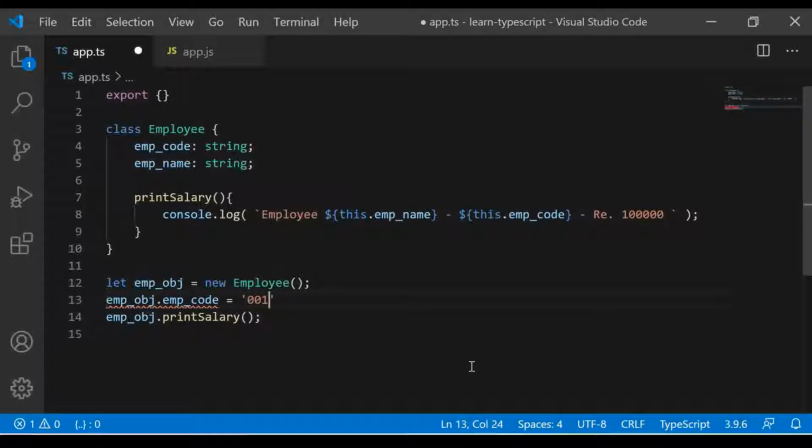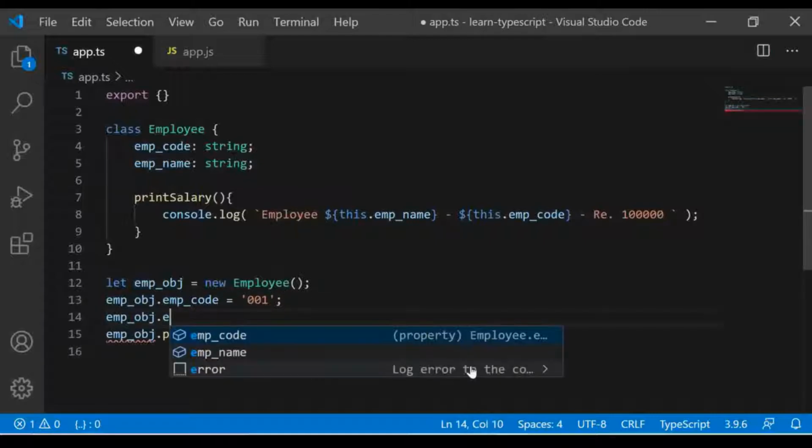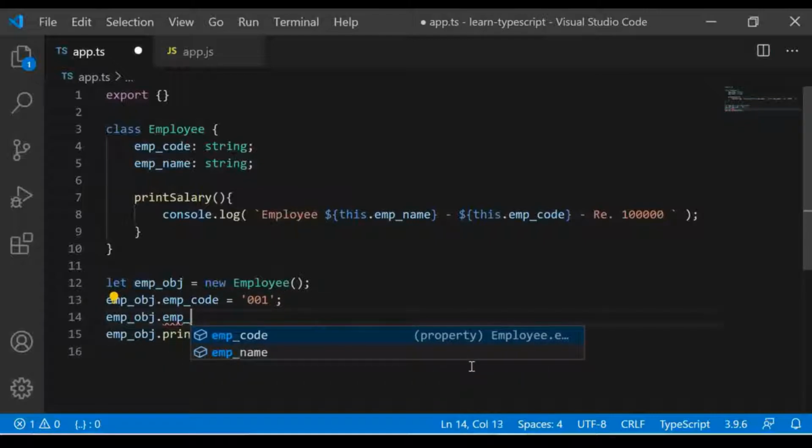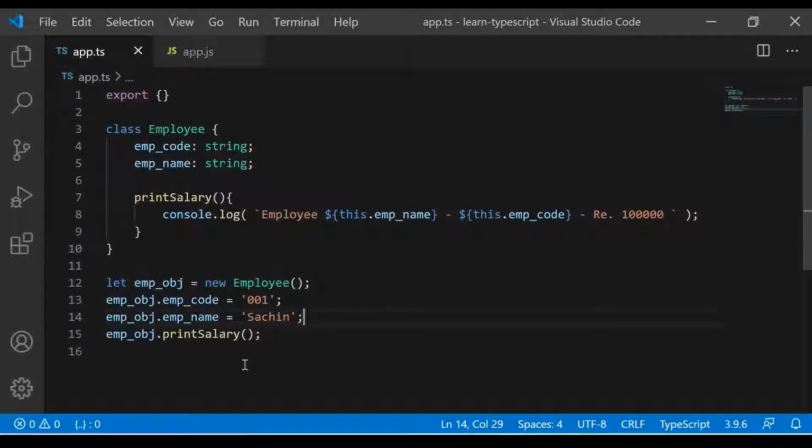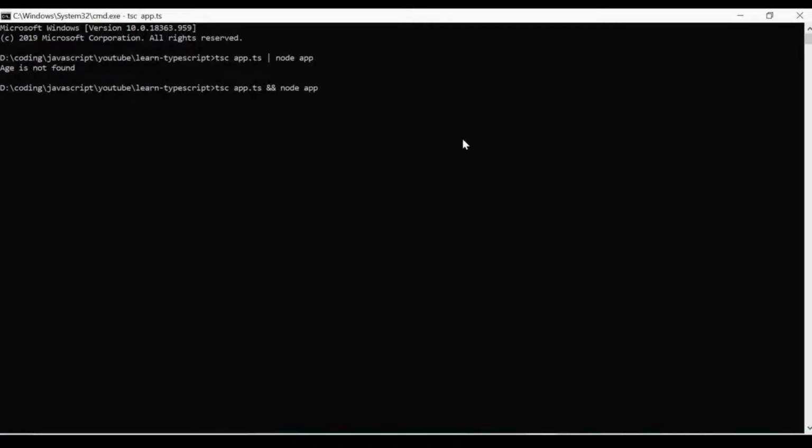Same way you can assign the employee name also from here like this. Sachin. Fine. So let's see whether it works or not. Okay, I think our program is working properly.